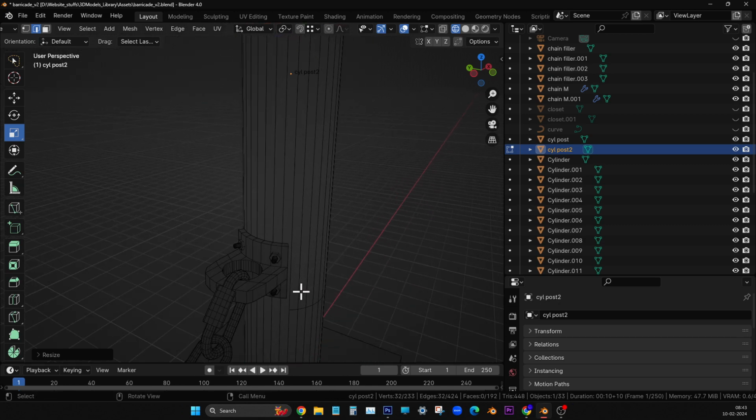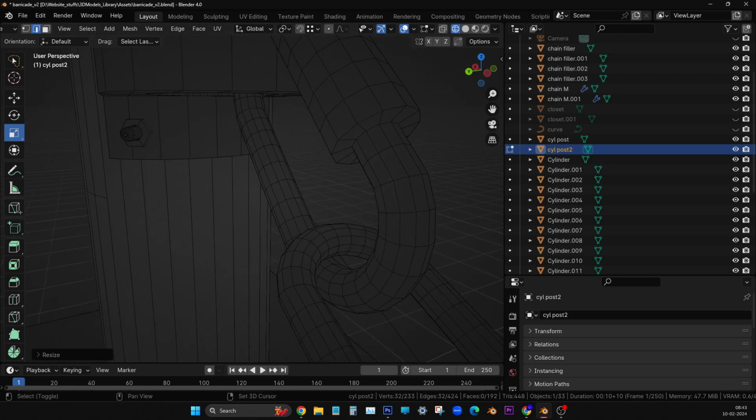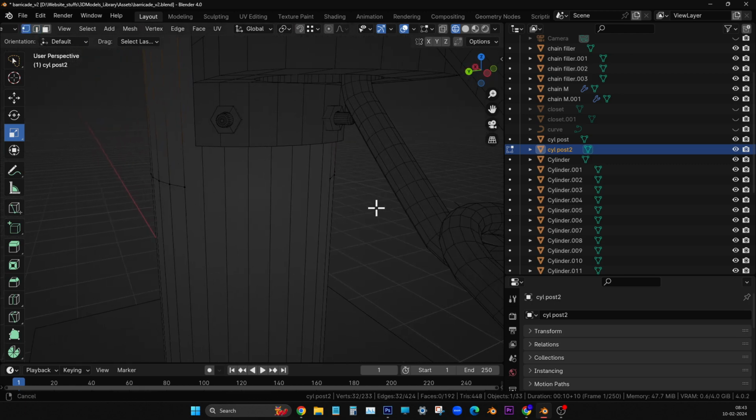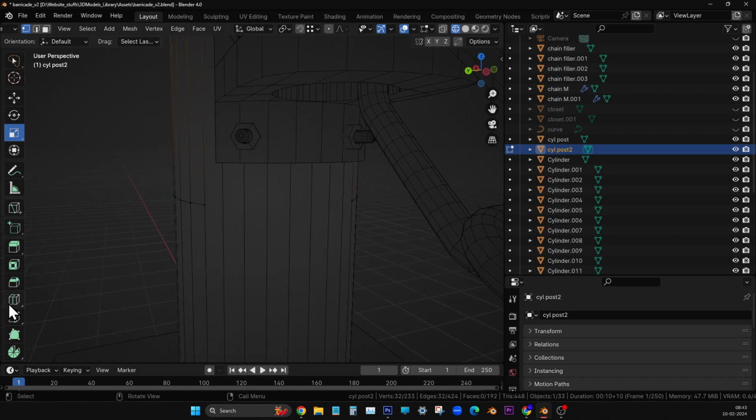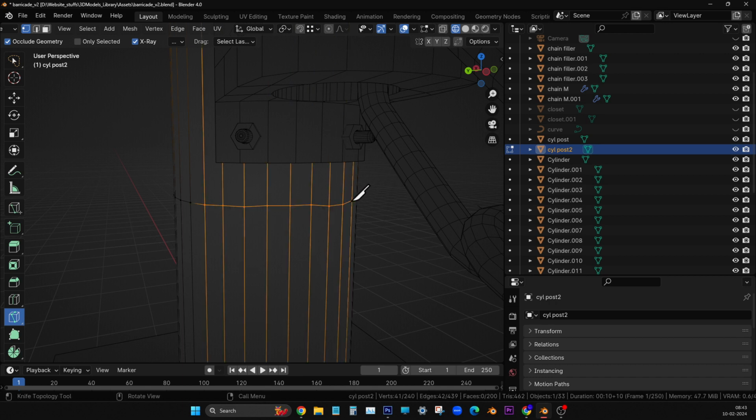Now we are going to do the connection. Same thing, whatever actions we did for the top one, same thing for the bottom also. I'll go back to the knife tool, and then add it. Now enter. Press W, so that we are making sure that we are coming out of the knife tool